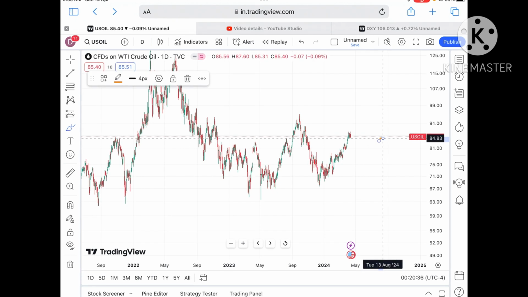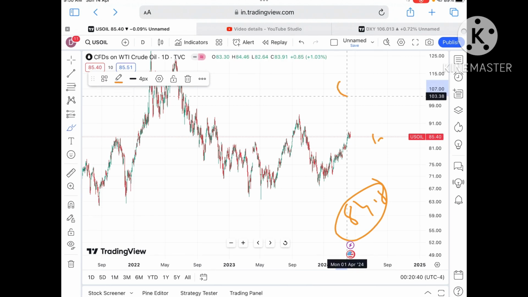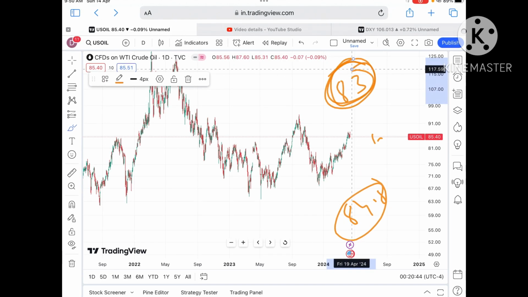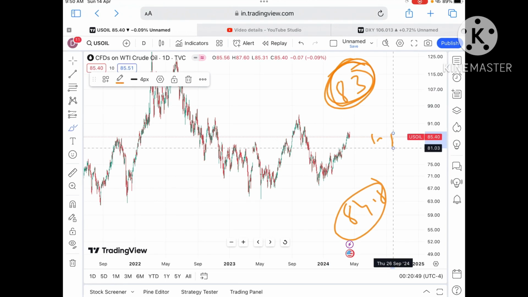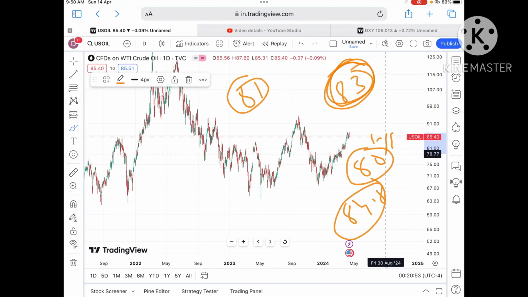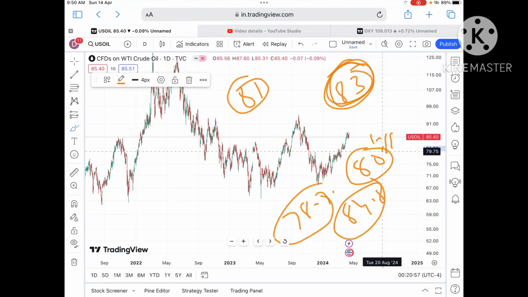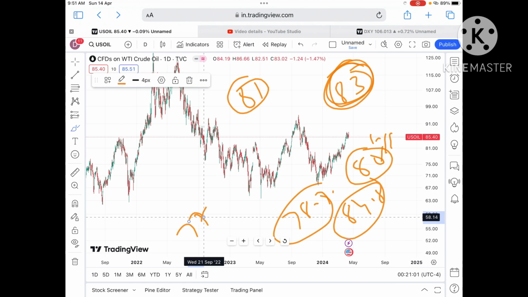But if the price doesn't sustain, it can come further down towards $84.8. If it moves further low, it will touch a level of $83. Keep in mind that as soon as it starts falling below 83, we can see a further downfall, because there are higher chances that it can go further down towards 81 and then to a level of $80. Once it starts falling below that zone, there is a chance of touching a level of 78.7, and then it will touch a level of 77. And as soon as the price starts falling